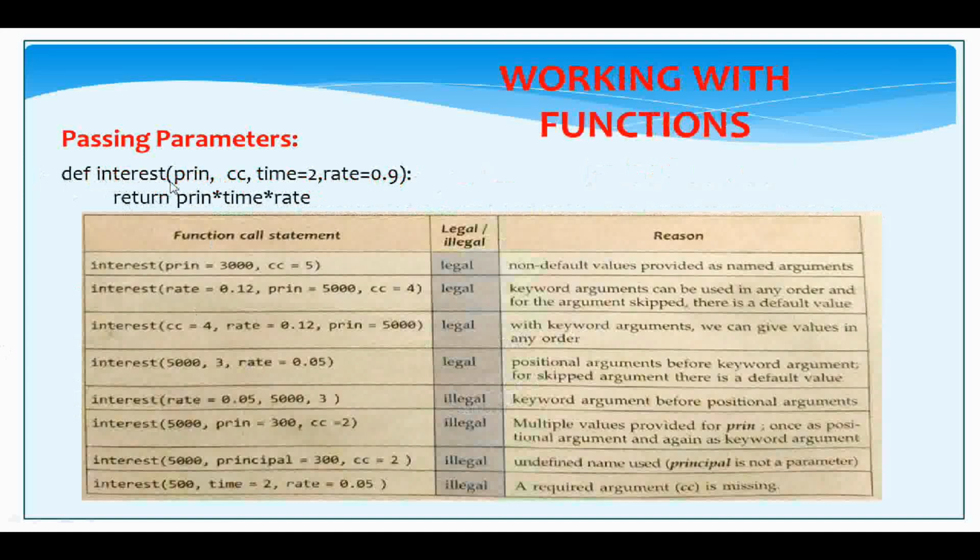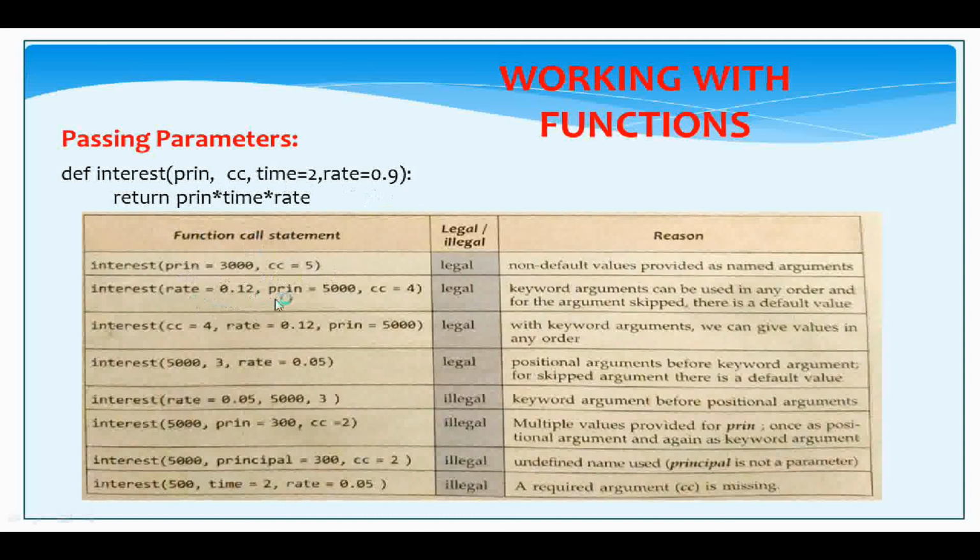This is your def interest method, in which time and rate are given some default values, and principal and cc will be provided values through the keyword method or positional argument method. Let us try to understand some of these function calls. The first is a legal function call, because we are providing principal and cc as keyword arguments and time and rate as default arguments.